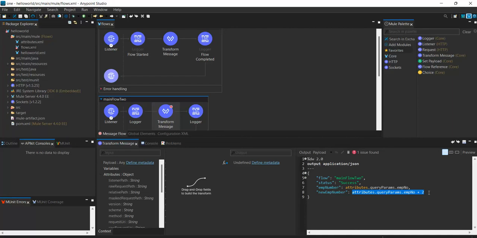expression. We call these expressions, DataWeave expressions. Since null cannot be multiplied, or it cannot be added with a numeric value, or it cannot even be concatenated with a string value. For that, what we are going to do, we can